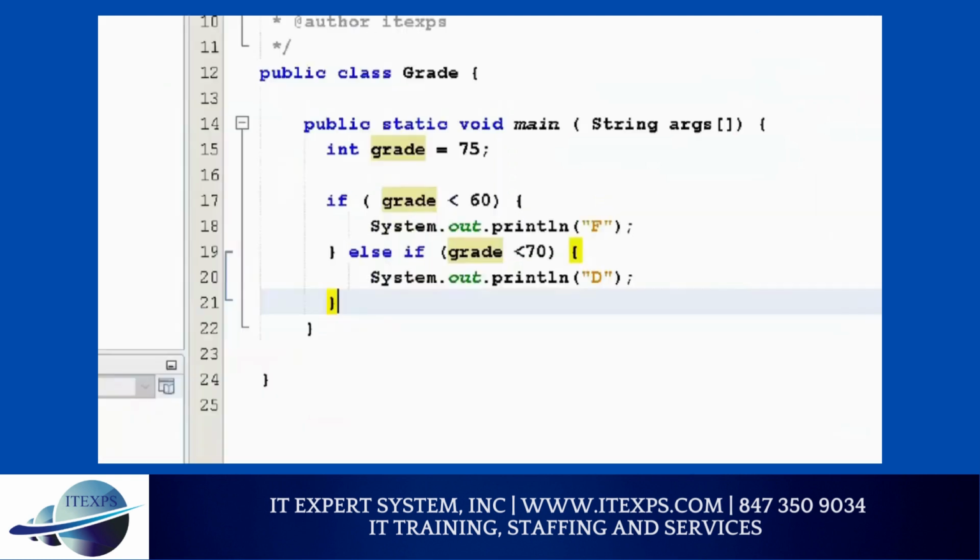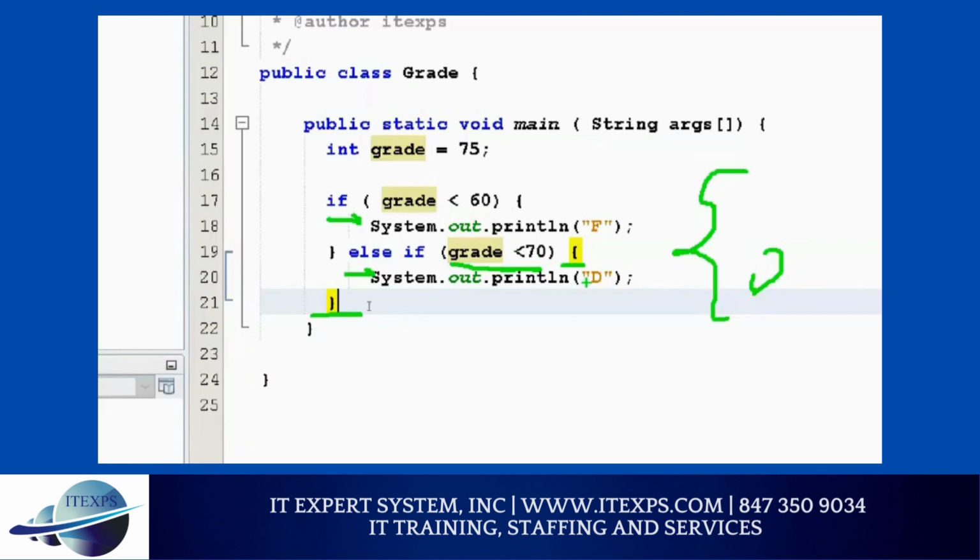Make sure you follow the curly bracket by pressing enter, and you will have zero problem. After the curly bracket, when you start, you press enter. Make sure you understand this statement: you only get here if it is less than 70, but definitely greater than 60. Do you guys agree or not? Because if it is less than 60, it will go here. But if it is greater than 60 and less than 70, it will come here.